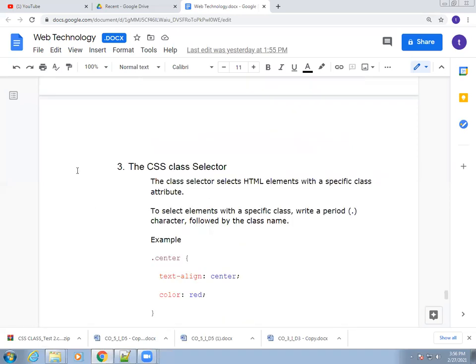Okay, so let's start today's topic, which is the third point, the CSS class selector. The CSS class selector selects the HTML element with a specific class attribute. In today's lecture we will see these three types and also examples of them. To select an element with a specific class, write a period, a dot.